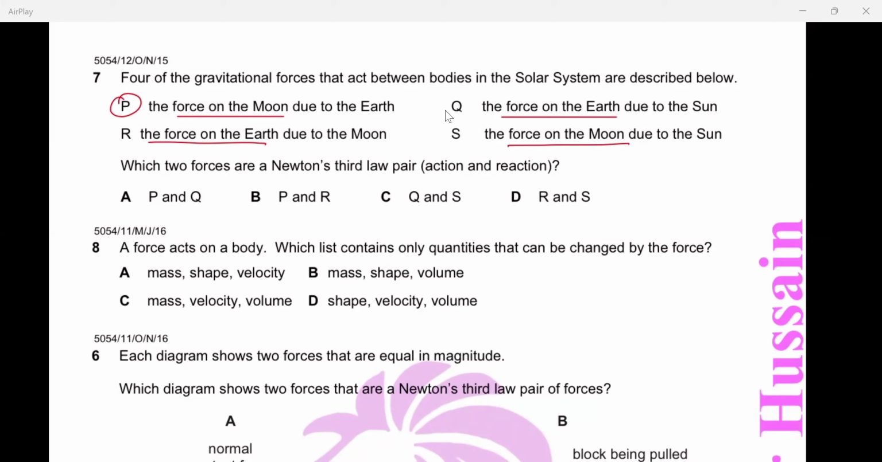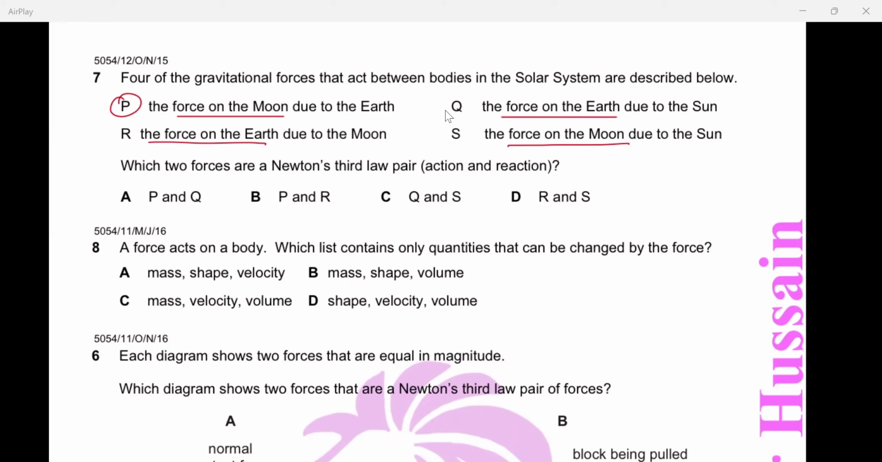अच्छा, और S में है फोर्स ऑन द मून ड्यू टू सन। सो इसमें बॉडीज तो दो होनी चाहिए ना, तीन बॉडीज तो नहीं होनी चाहिए। आप जो स्टेटमेंट सेलेक्ट करो ना, उन स्टेटमेंट्स में दोनों बॉडीज एक जैसी होनी चाहिए। मतलब अगर मून और अर्थ है तो दूसरे स्टेटमेंट में भी मून और अर्थ ही होना चाहिए, ये नहीं कि उसमें मून और सन बन जाए।